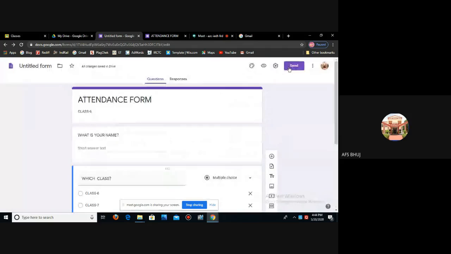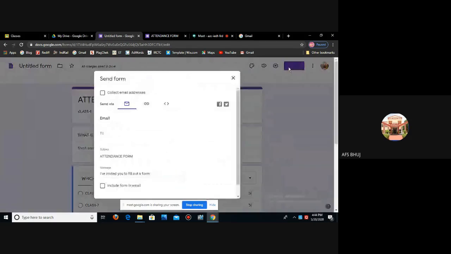Now I'm sending this form. Click on send. So when you click on send, you will get one send form here. So here 3 options are there, like send via message, send via link, send via attachment. Now see here directly we can give email ID. To send this attendance form, we can directly give email ID.